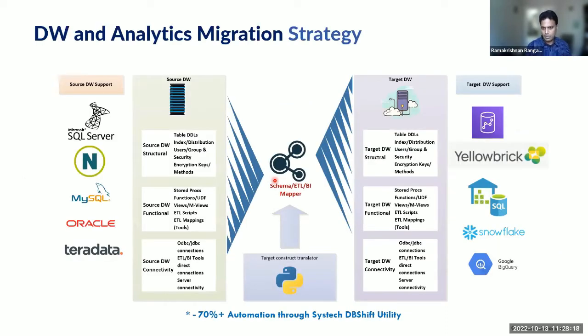And we have achieved at least 70% automation in the migrations and modernizations that we have done for our customers. And the remaining 30% is what we call accelerated. It's not like you need 100% manual effort, but it can highlight what needs to be done, what needs to be changed, what needs to be tweaked. In a sense, it's kind of prescriptive in order to complete the remaining 30% migration that cannot be automated.